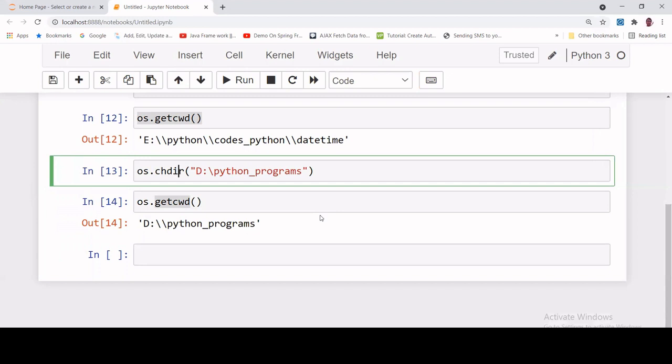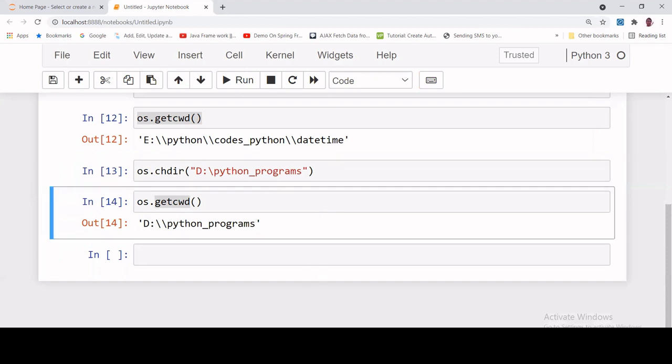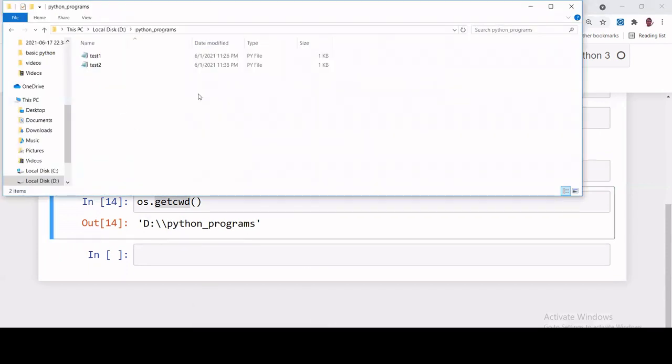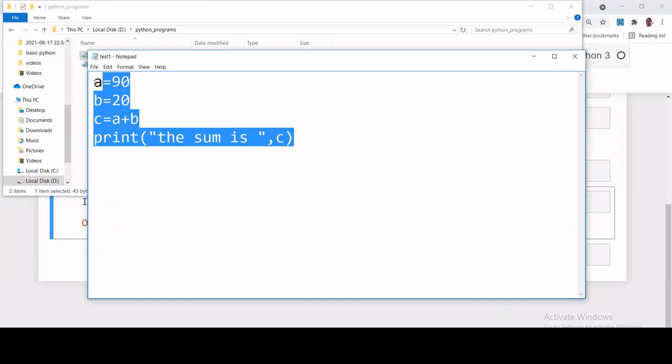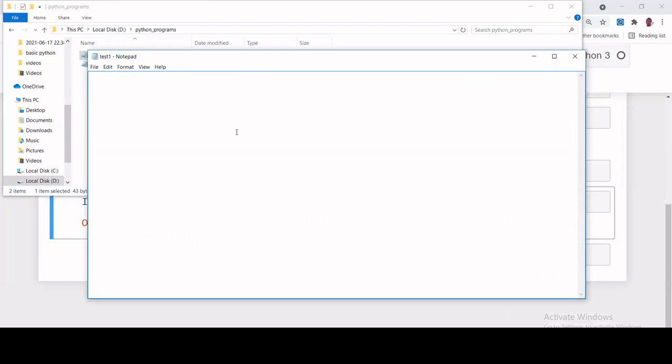Now come to the next concept, which is user-defined modules. As I already told, user-defined means you have to create your own module. How to create one? Suppose you are inside this directory; it is better to go inside this directory and create any .py file. Suppose two files are already there, you can open any one. Your file should always be .py if you want it to be a module, remember.